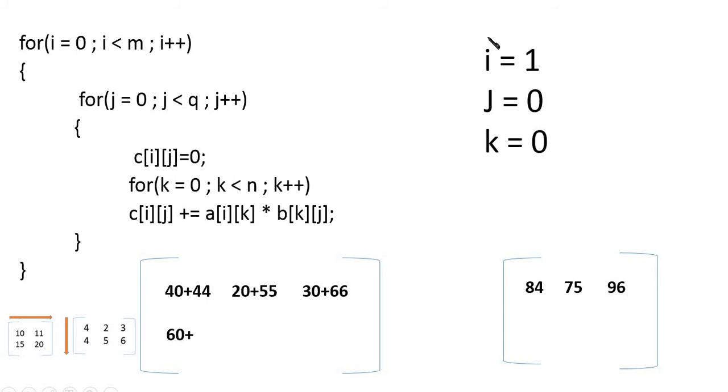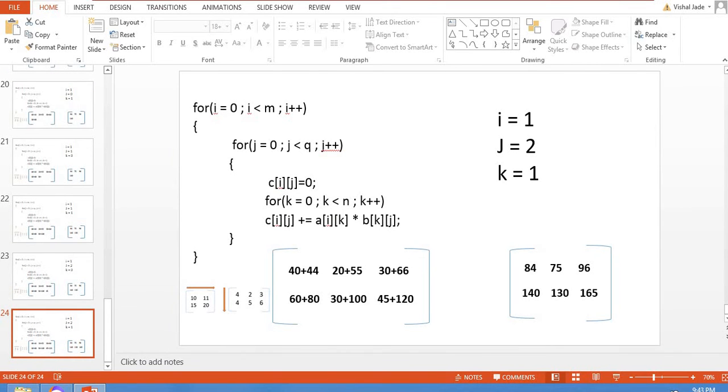Then when I becomes 1, you'll come to the second row, right? Then k is equal to 1, you get that. Then j is 1 and k is equal to 0, right? Then for both 1 and 1, again for j is equal to 2 and k is equal to 0, you get this value. Then for k is equal to 1, you get the second answer, right? And by this time you have all the products. Okay, we'll see the program part of this.